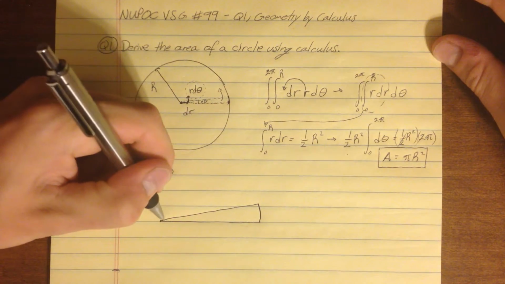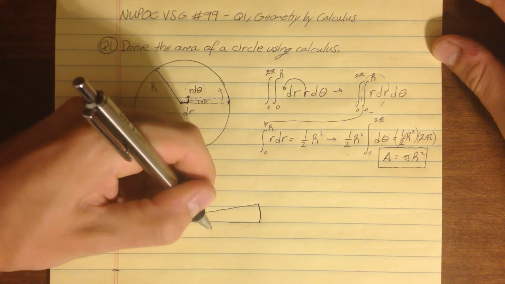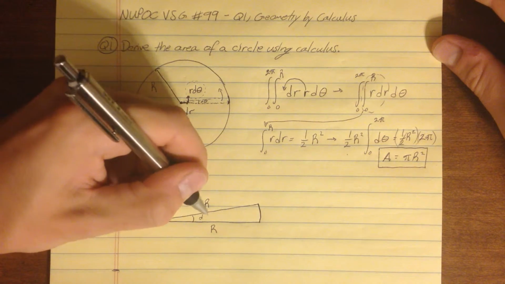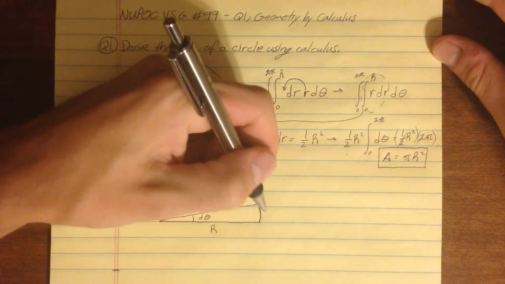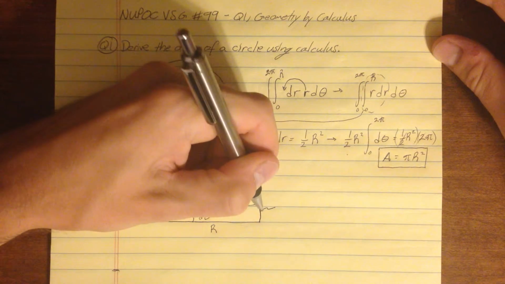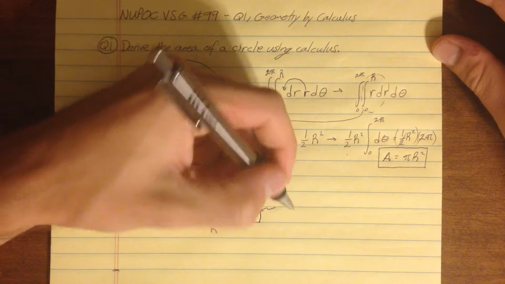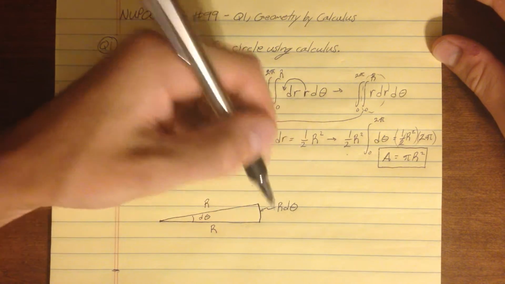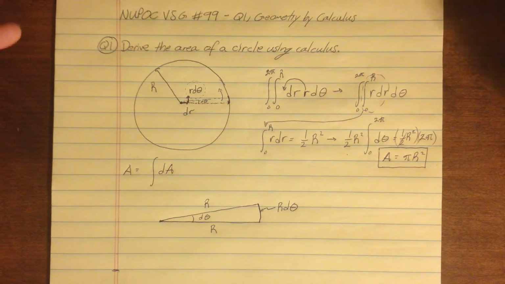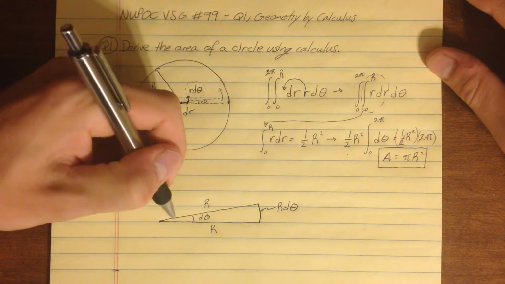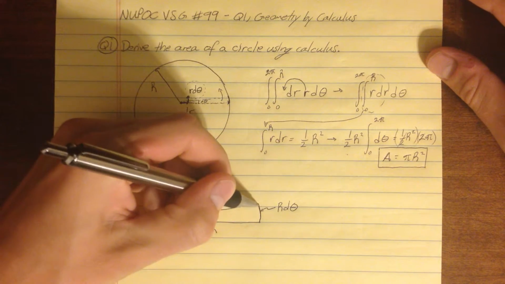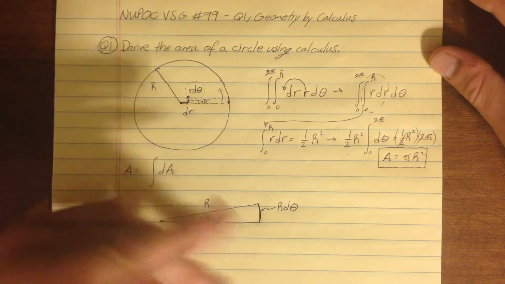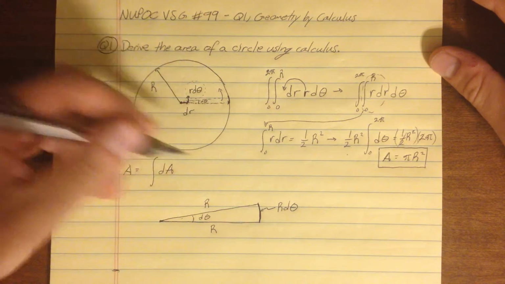We know that this distance is r, this distance is r, this displacement is d theta, and this displacement right here is r d theta. And since this is approximately a triangle, because for a very small d theta this length is almost straight, it's not going along much of the curve of the circle,